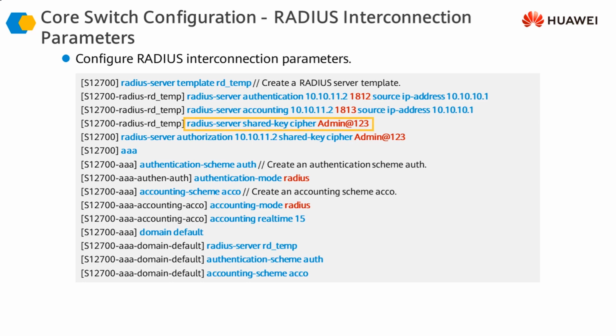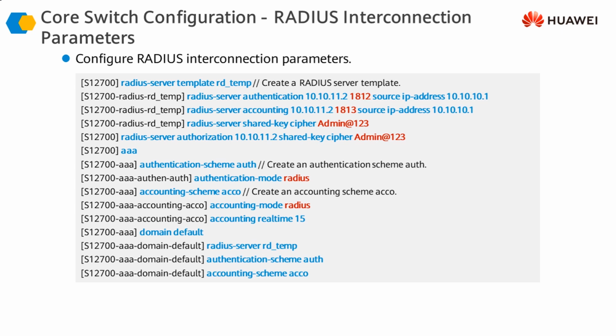Then we define the pre-shared key, the Radius server key, which is going to be the same on the Agile controller or the Radius server and our switch, and then the Radius server key for the authorization. This was the key for the authentication and accounting, and this is the authorization server key once again, which is sitting on the Agile controller.